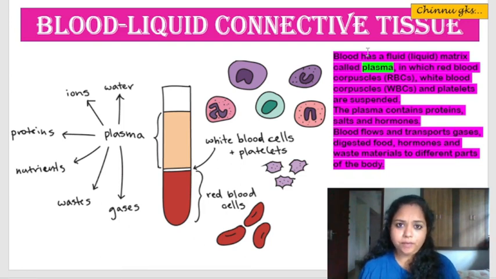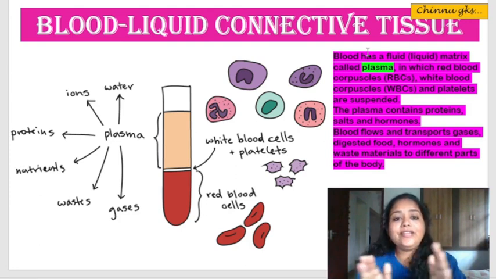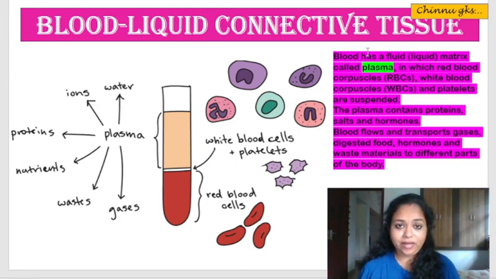What's happening over here? When we draw blood from our body and keep it in a resting position for some time, because of the action of gravity as well as the density, you will have two clear layers inside the vial. What's the first layer? The first straw colored layer, the pale yellow layer, is the liquid part of the blood, which is called the plasma. On the top you will have plasma.